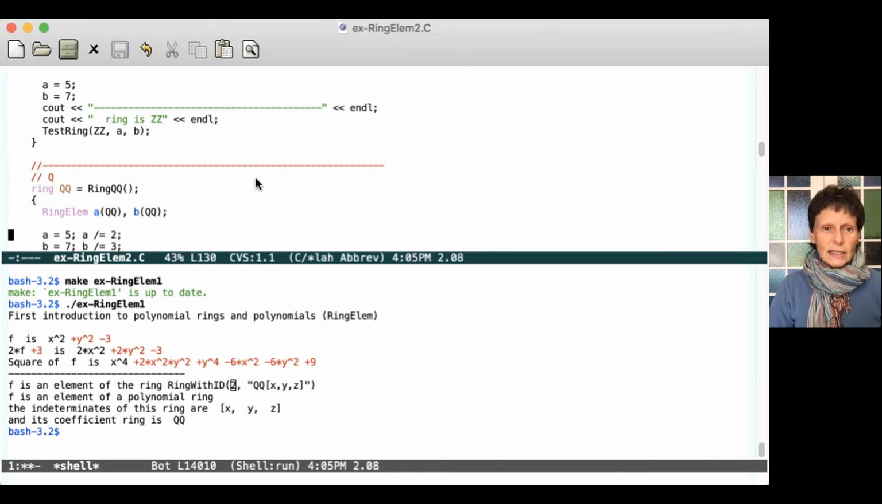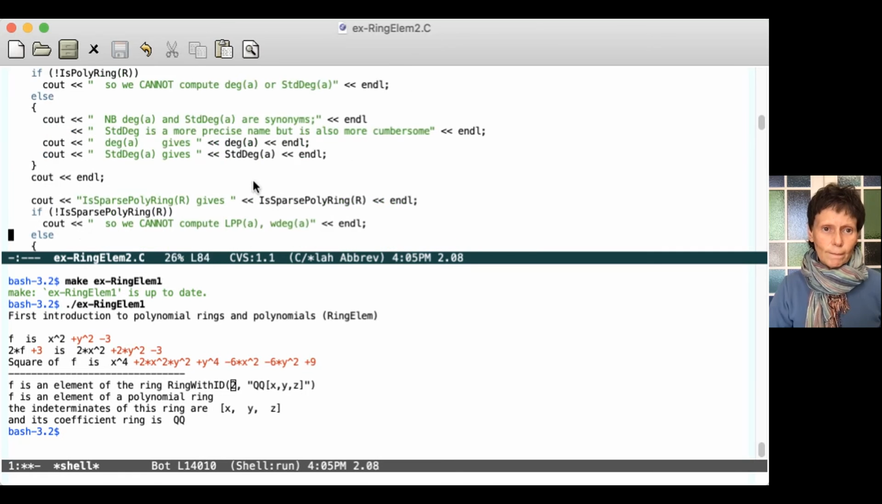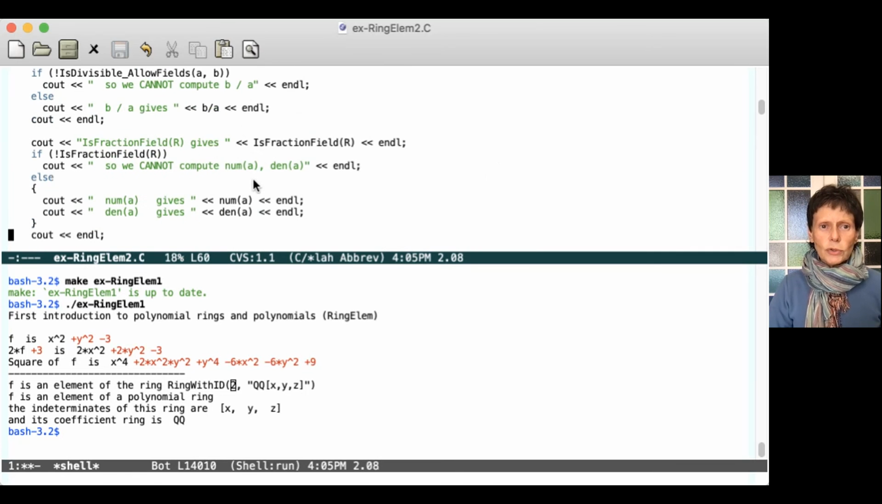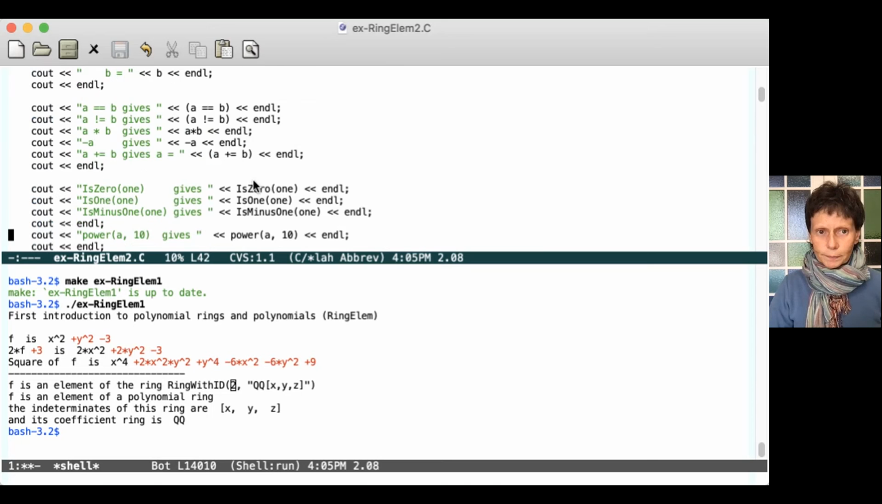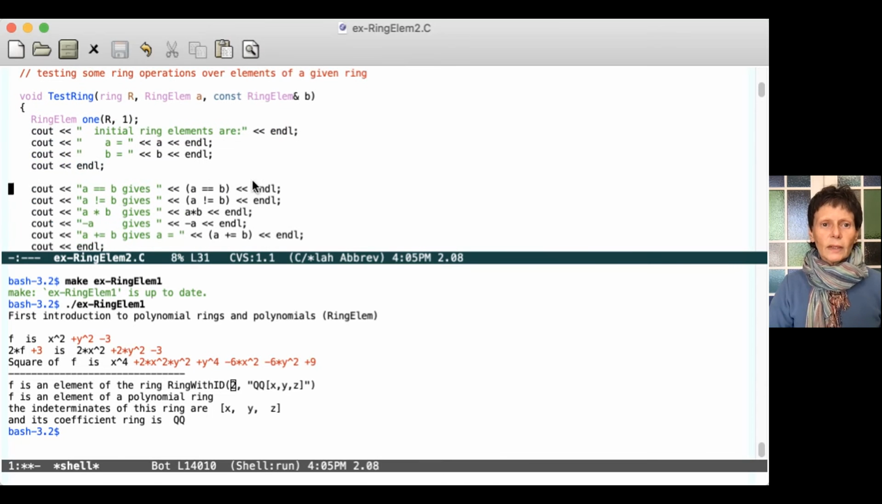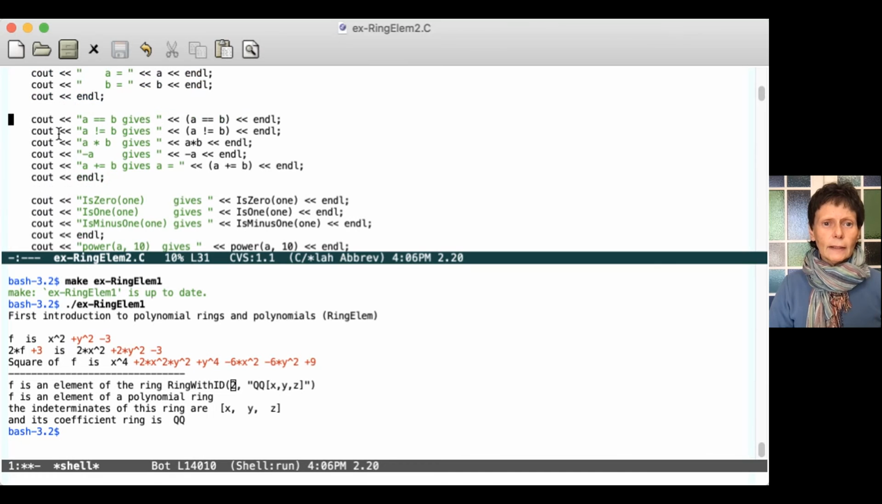So what is this test? This test is a function which shows you things you can do. So first of all, it creates one of the ring R, and then it prints out the two elements A and B, which are the two arguments, and then you will